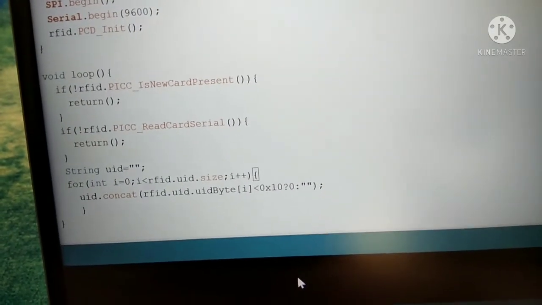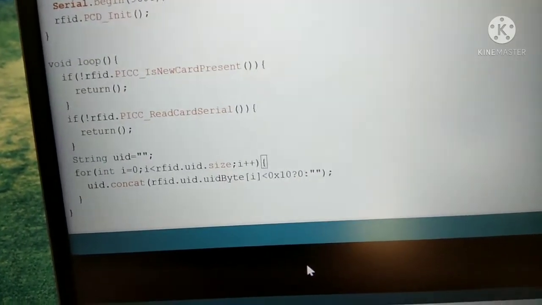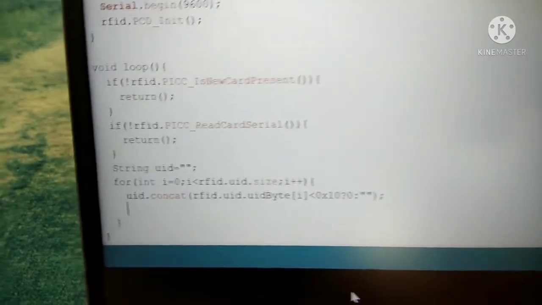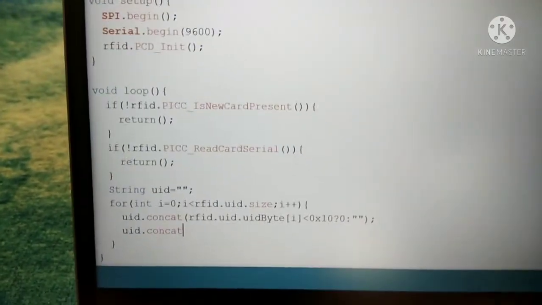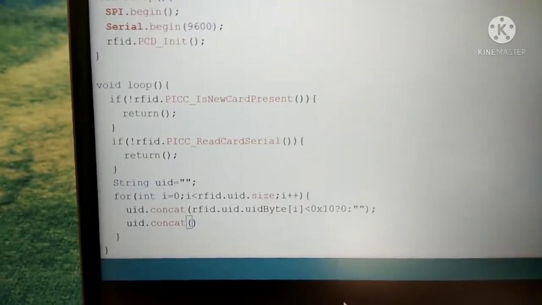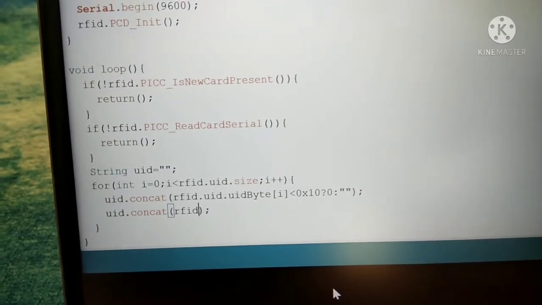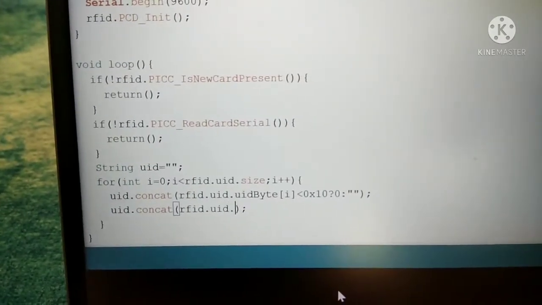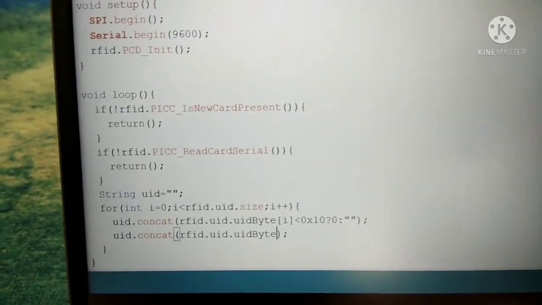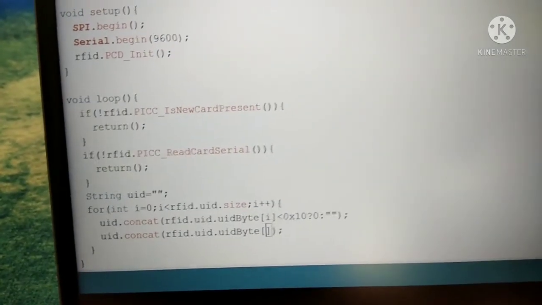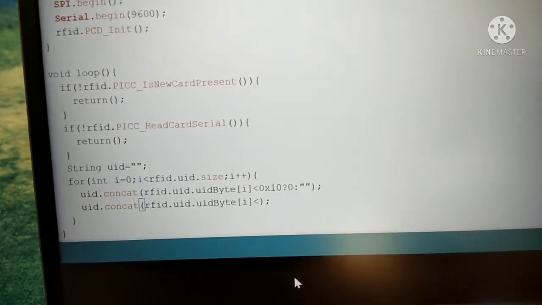Okay, I made a mistake, I don't know why I'm doing this. Okay, so this statement is done. Then UID.concat. Now we will be adding the actual code, reading the actual code. So I'm going to tell you how. RFID.UID.UIDByte[i], like byte is just a memory unit, if you know. 8 bits form 1 byte, and bit is the smallest memory unit.